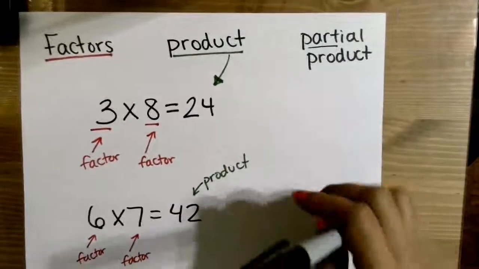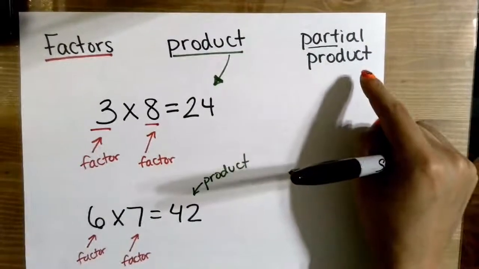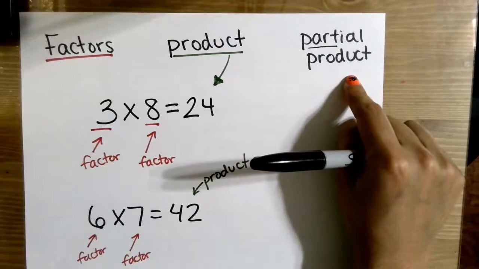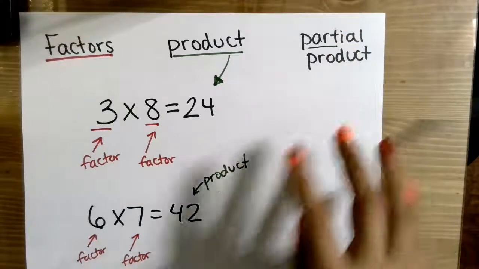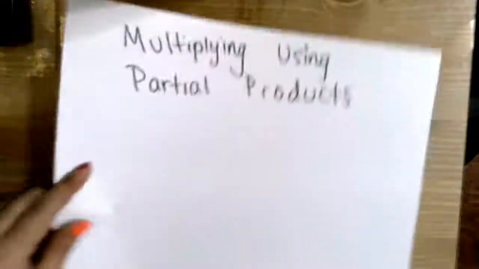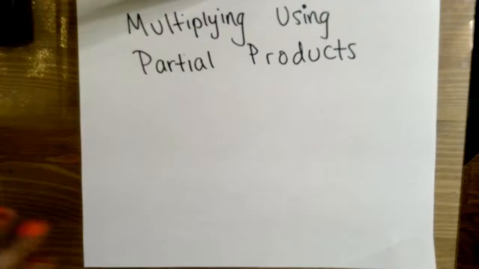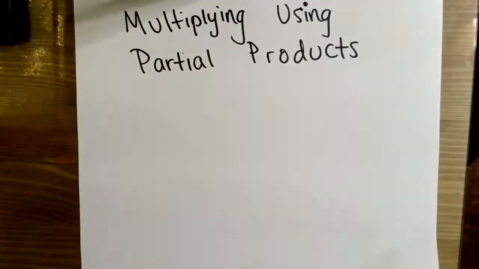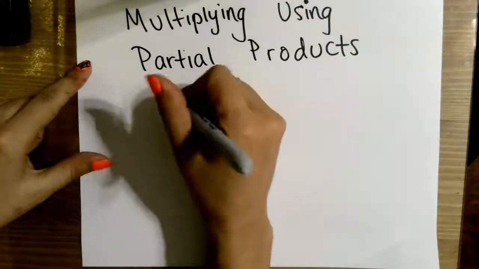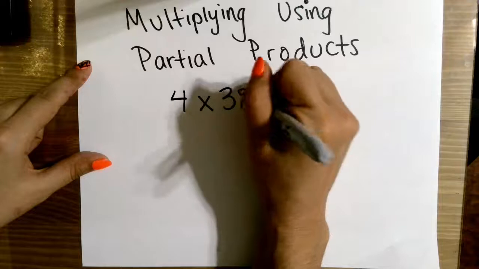And we're going to be focusing on a strategy called partial product, which means part of the answer. We're getting parts of the answer to finally get the full product. So here we go, multiplying using partial products, where we're gonna get parts of the answers first. So if I have a problem like 4 times 386,